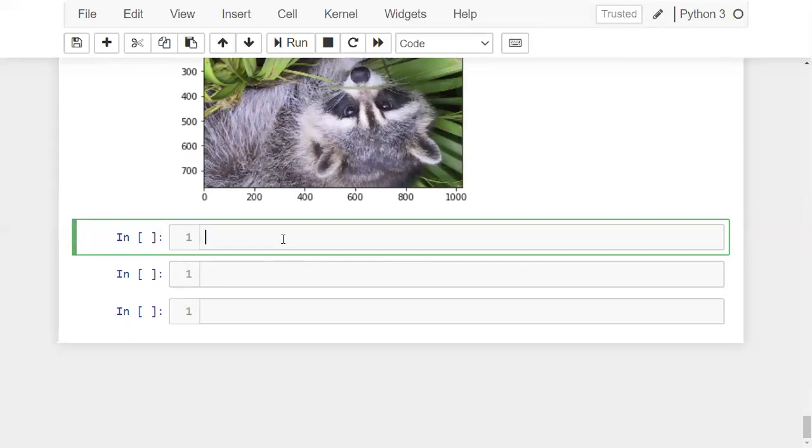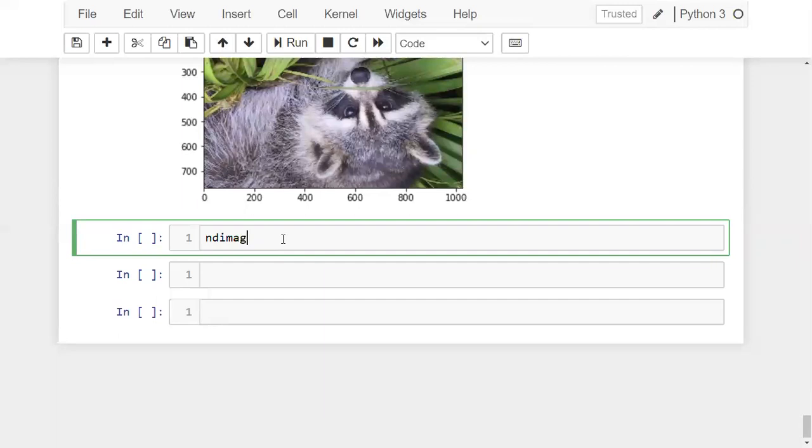Now we are going to rotate the image using the ndimage sub-package. Now I'm writing ndimage.rotate. So where is your image stored? In the variable panda, right? So how much angle do you want to rotate? Let us suppose I want to rotate 135. And then I want to display that rotated image on the screen. I'm writing plt.imshow(ndimage.rotate(...)). So this rotate is available in this ndimage sub-package of SciPy.